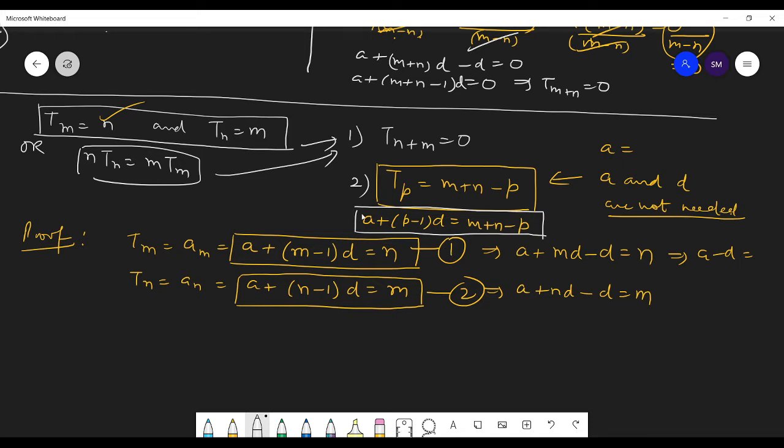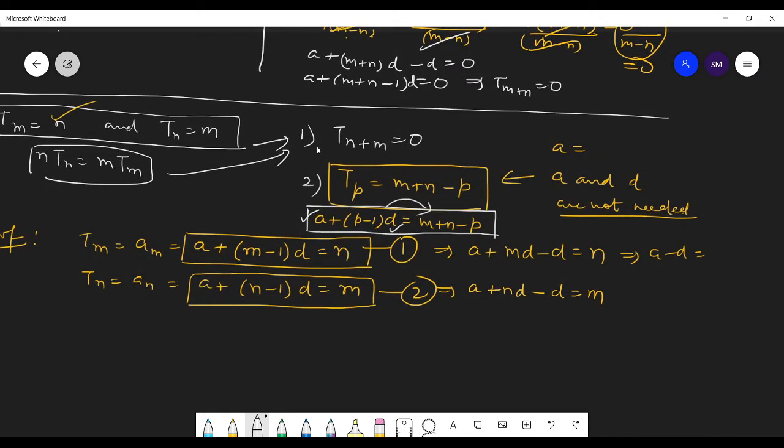So from this you want this value, right? So it means you need to put the value of a and the value of d in terms of m and n. So let us find the value of a and d, and we will put the value of a and the value of d in terms of m and n, and we will get the answer. So that's our strategy. We need to form a strategy before starting a question. Got it?